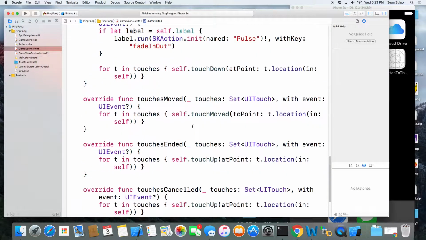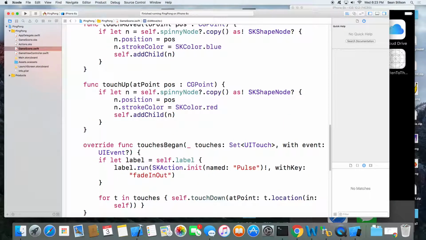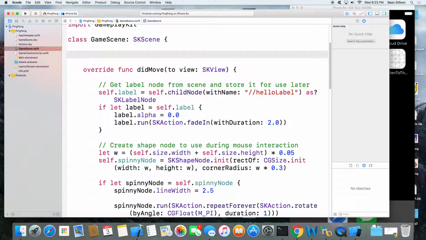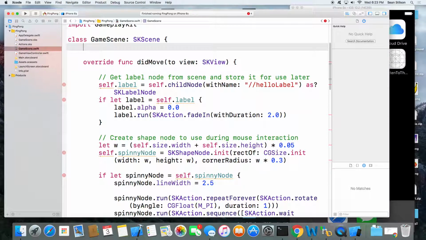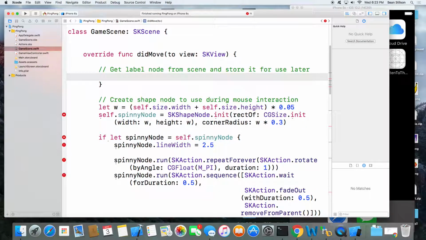All right, so we've got touches moved, touches in, all the normal stuff that you have in a UIView. That stuff all exists. So what we're going to do is get rid of most of this. Keep the did move to view. You can get rid of the spiny node and the label. Delete those. There'll be some errors popping up, but we'll take care of that. Get rid of everything inside the did move to view. You don't need that.